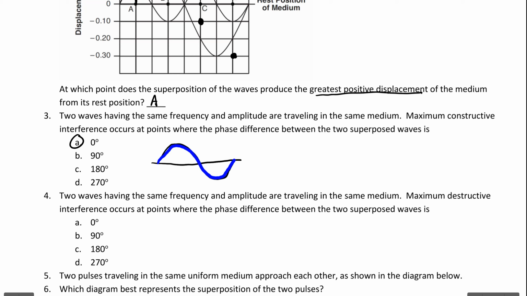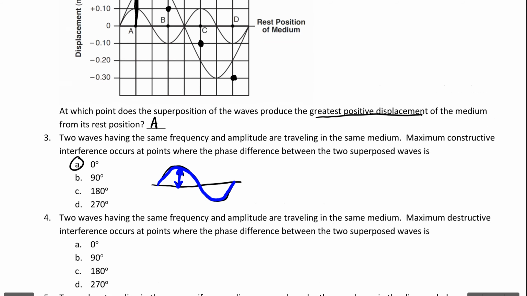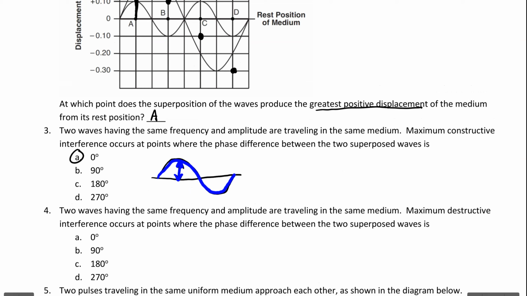Well, you have the 0.1 amplitude plus the 0.2 amplitude. And just like before, when we added the amplitudes together, that leads to a point that's up here. And the trough plus the trough, the point that's down here. So the superimposed wave looks something more like that. So this is constructive interference because the waves are adding together, and that happens when it's 0 degrees.